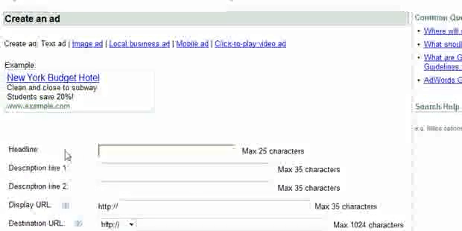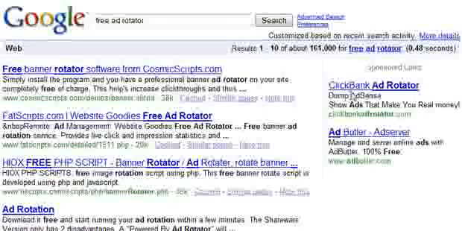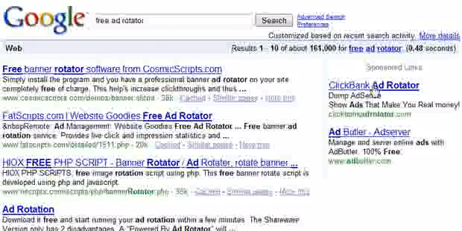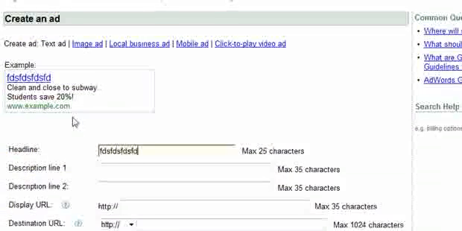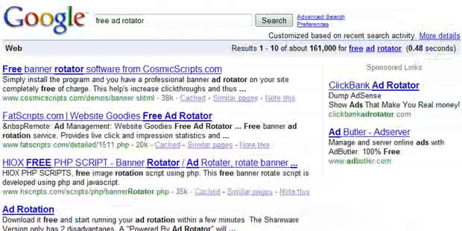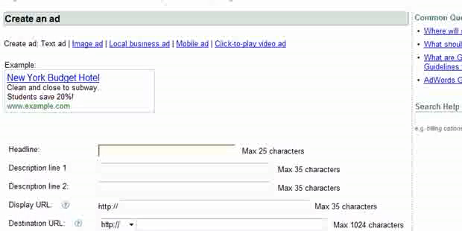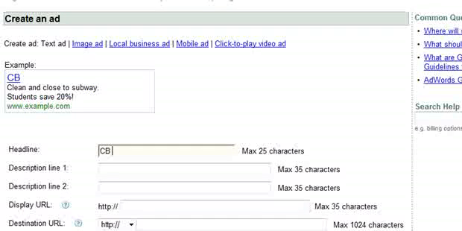Very fun stuff, because then you can see, if you remember, if we go back to Google and you looked at the listing that came up, and you see how the listing is displayed here with a clickable link for the header or for the title, and then 2 lines of text, and then your URL. Well, it's neat because on Google AdWords you can actually type things in and you can see it show up to see how it would look. So you can have it formatted very strategically here. So let's say this guy is ClickBank Ad Rotator. Ours is going to be CB Ad Rotator Elite, remember, because that was our domain name. So I could do CB Ad